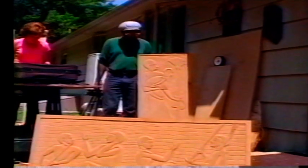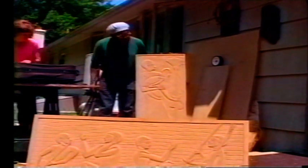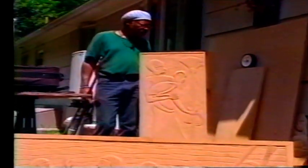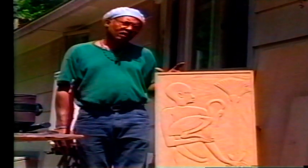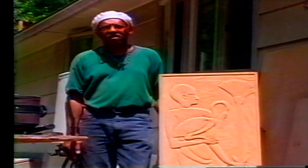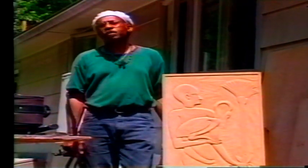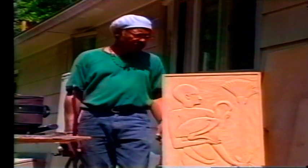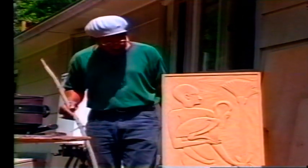Back to some other collections or additional pieces that you will find at the Species of Earth Gallery and Studio. As you know, it's a very multicultural studio, and you can find different cultures from all over the world, which I try to explain in these two pieces here. This piece is called the Sacrifice Bearer,